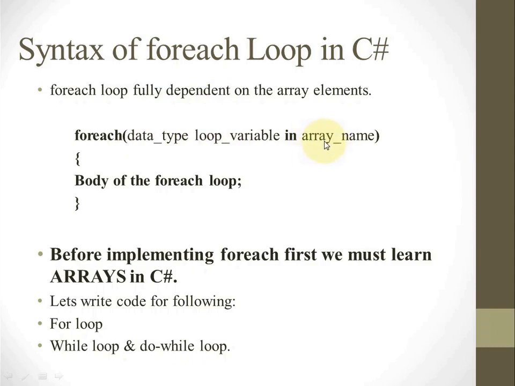So the values of the array will be transferred to the loop variable one by one. If the first value is transferred to the loop variable, the loop will be executed once. If we have 5 elements within the array, this loop will be executed 5 times. As we already discussed in our previous slide, the for each loop is fully dependent on the array. If we have 10 elements within the array, the loop variable will receive 10 values one by one. So this loop will be iterated 10 times. So students, this is how the for each loop works.